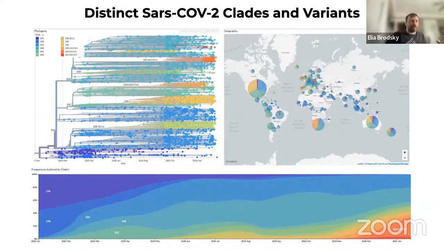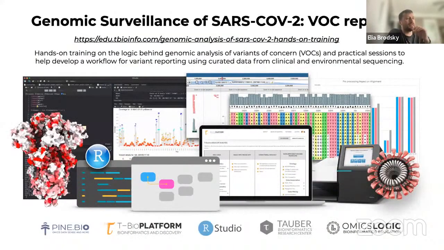So as you know, the previous focus of such analysis was on different clades. And those clades have increased in number over time. The number of mutations seems to stabilize at some point, at the Delta point maybe, and then started expanding again, right? And so one practical outcome that we take from that, and we actually have a whole workshop coming out about that, is that we can learn how to process the data and find the specific positions, variants of concern, or something like that that we want to report on. And that is the focus of that workshop.